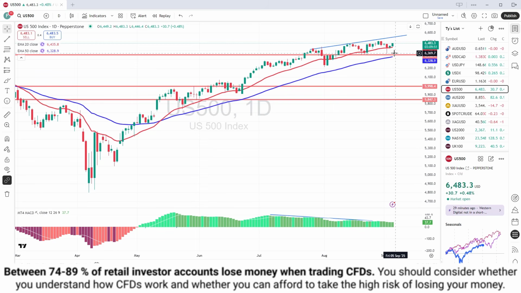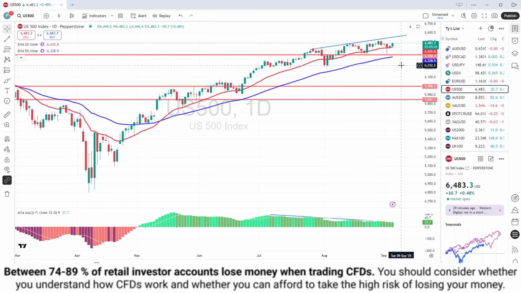Generally speaking, the earnings are all out of the way now. The majority of the main ones are out of the way. So really the market has to stand on its own two feet now, and what we're looking for here is any sign of weakness. The 20 moving average is doing a pretty good job of holding up at the moment. But if we're trading underneath the 20 moving average on Monday, after all the jobs numbers are done and dusted, we'd be starting to look for potentially that weakness down, maybe all the way down to 62,